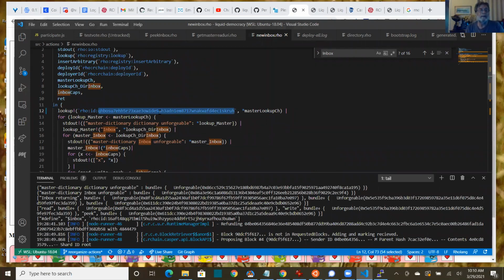And what we did, we had to paste in the current master lookup channel because we still have a little work to do to set that without having to look up the URL when we make an inbox. But we look up the master directory lookup. We read that in,